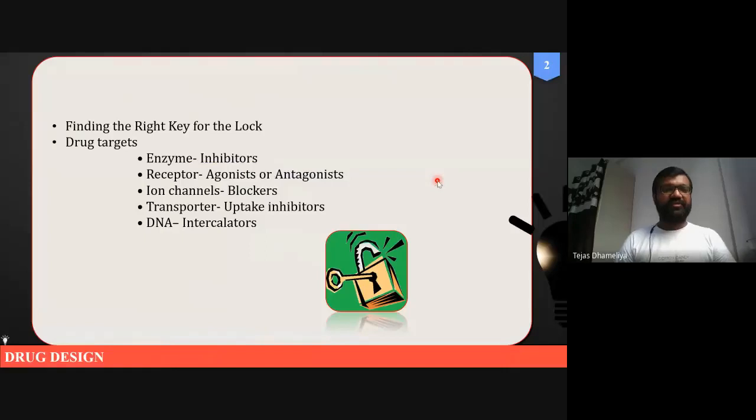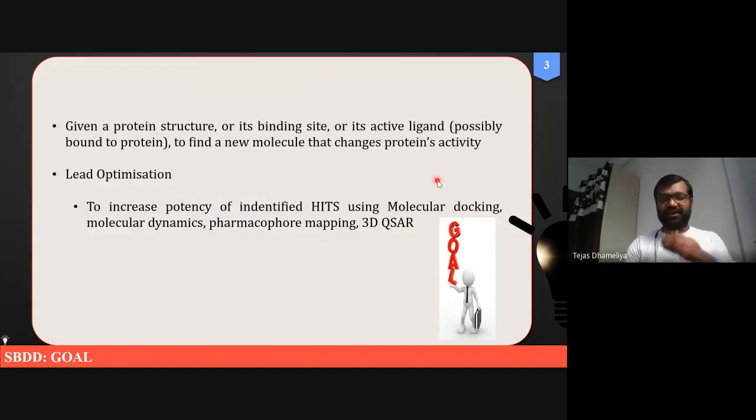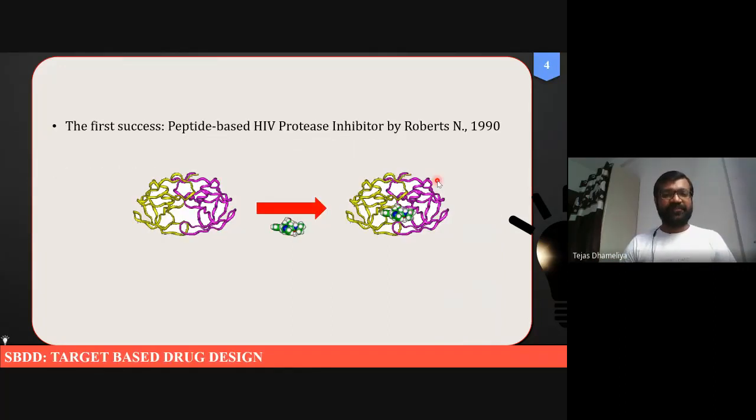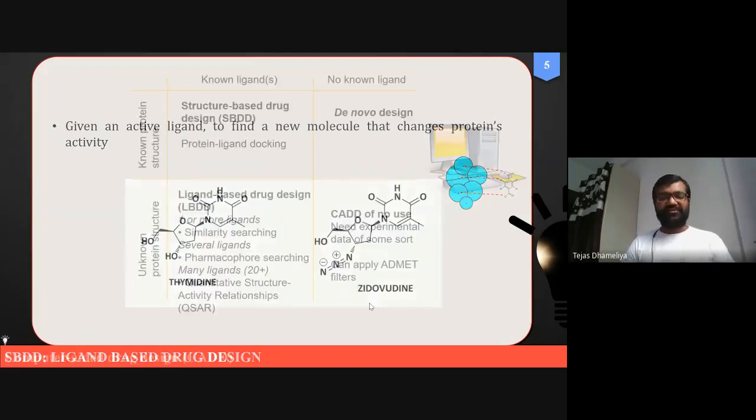In general, in the previous classes we have discussed finding of targets. Particular drug targets act like certain locks, and their keys are nothing but our agonists or antagonists, etc. We can use them for the optimization and refinement of certain leads. Some of the basic things that we have discussed: just a small change in chemical structure can give us potent activity, can convert thymidine into zidovudine. So that we have discussed.